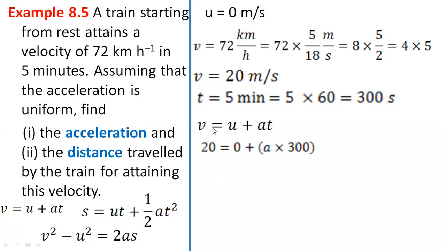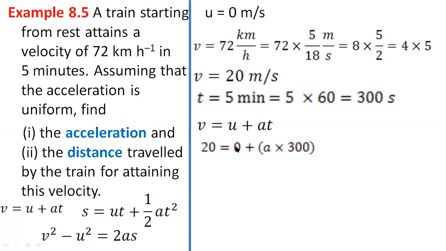Okay, the formula is v is equal to u plus at. Now, we will put the values here. The v value is already known to us, that is 20. The u value is 0. Initial velocity is 0, that we also know. Acceleration we actually need to find, so we'll keep it as it is, a. And what is the time? 300. So that I have put. So all the values have been put.